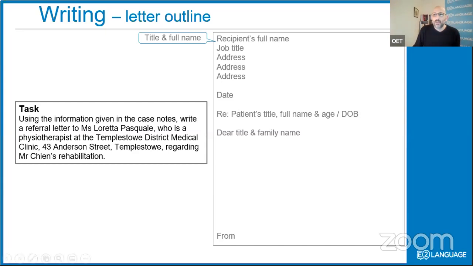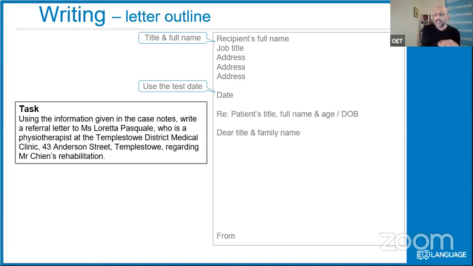Yeah, should be the discharge date. Discharge date, okay. Date of the letter, just use the date of the test. But the dates which are referred to in the case notes, keep those consistent with what's in the case notes. But I don't like people worrying too much about what date should the letter be. Just do the date that you're writing the letter. But you'll notice that